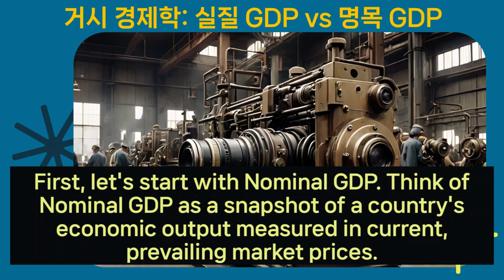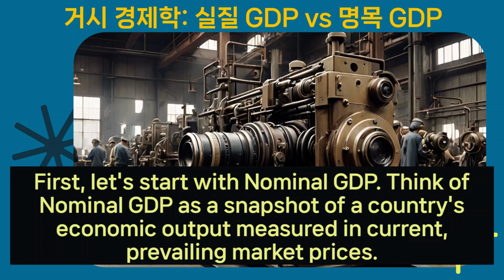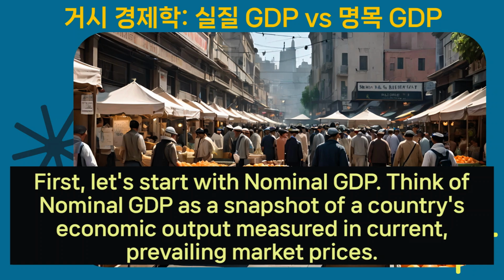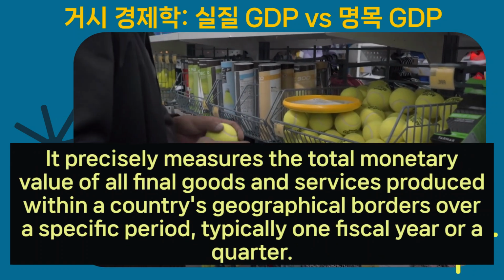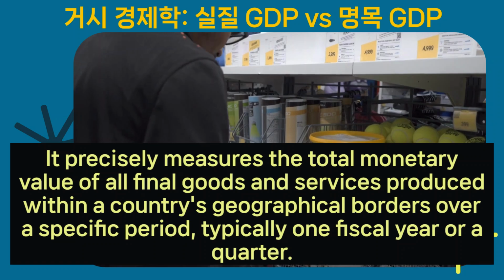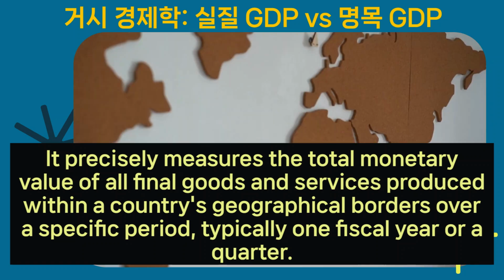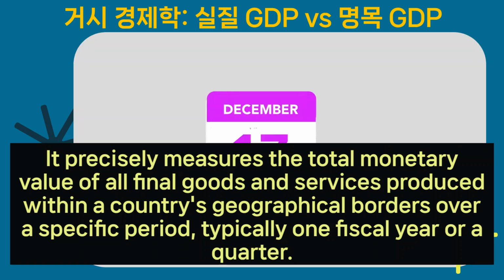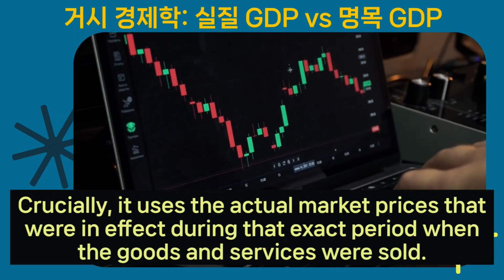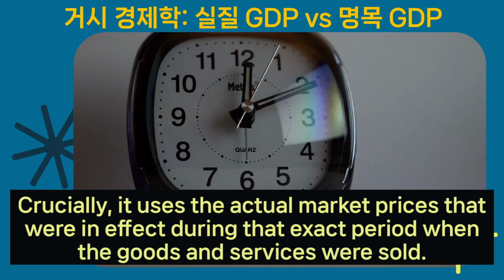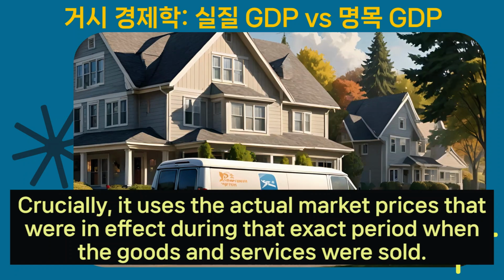Think of nominal GDP as a snapshot of a country's economic output, measured in current prevailing market prices. It precisely measures the total monetary value of all final goods and services produced within a country's geographical borders over a specific period, typically one fiscal year or a quarter. Crucially, it uses the actual market prices that were in effect during that exact period when the goods and services